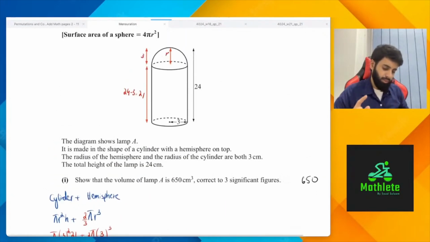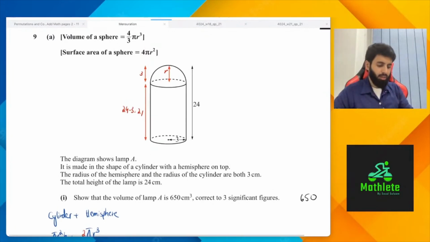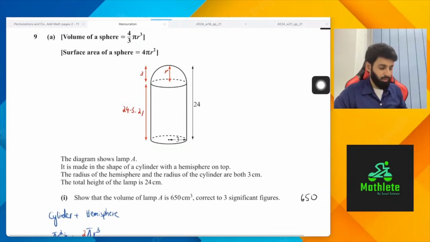But please remember one thing I want to point out: when you have a composite solid, a shape made up of multiple solids, you don't just add their total surface areas up. Even if the question had asked us to find the total surface area, we wouldn't have done that. Whenever you have to find the total surface area, imagine you're holding the object in your hand and see how many surfaces you can touch or feel. We can feel this top part, the hemisphere, and the curved surface of the cylinder, and we can feel the base. But since the base is a flat surface, not a curved surface, we're not going to include its area. We're only going to include the area of the curved part of the cylinder and the hemisphere. Okay,